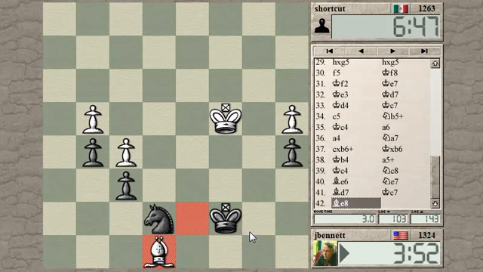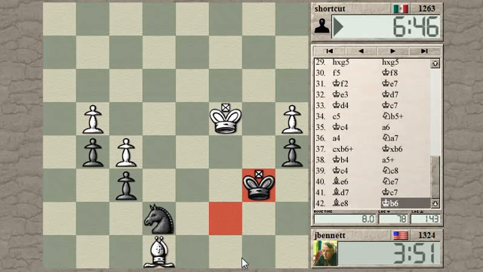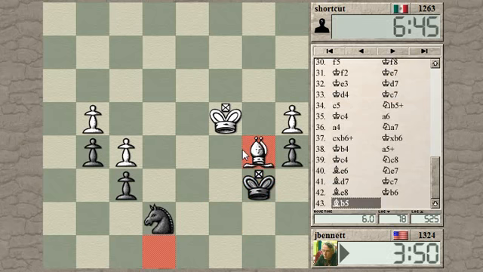Oh, the bishop went there. That's interesting. This king still can't get through. So pawn, rook, king, king. All those squares are covered. And if I